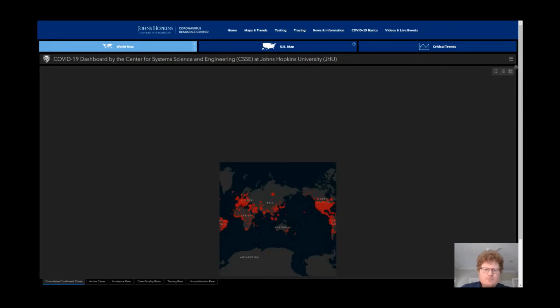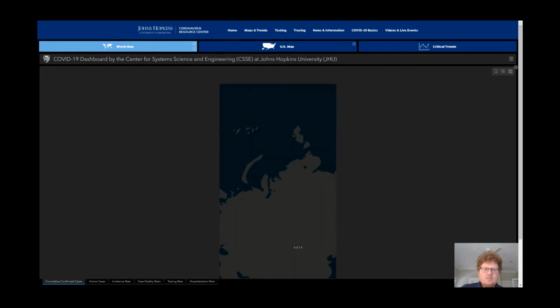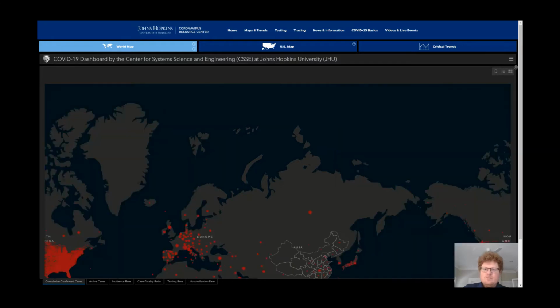So not a great view of the map from here. We're looking out at the world. You can see there are some big areas of cases. Some data is different. Here, for example, we have a very large red dot up here in the middle. That's Russia. Now, Russia is not reporting the locations specifically, but I can go to that red